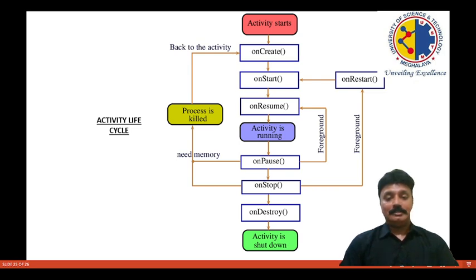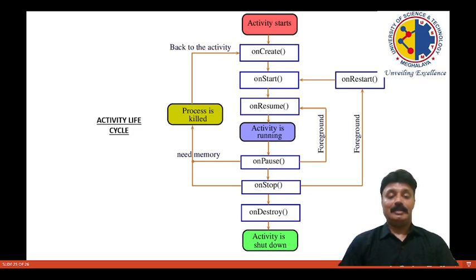After that, onPause, then onStop. Again, when it comes back to the foreground, onStart takes place, which comes under onRestart, and at the same time it may also need memory. The process is going to be finished and goes back to the activity.